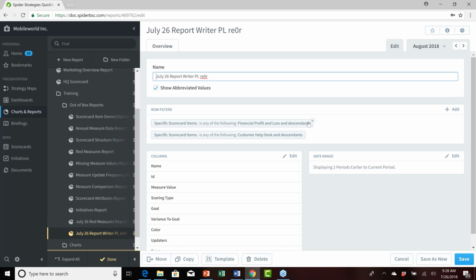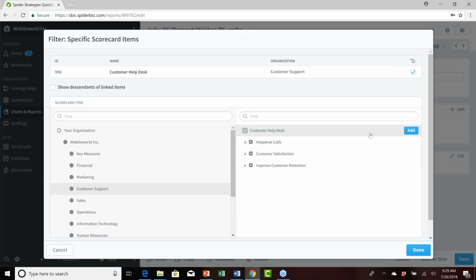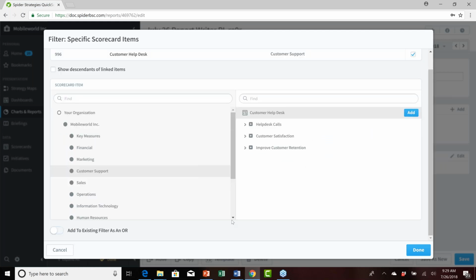And the nature of these 2 filters as they exist is that they have an and relationship. The default relationship between filters is and. So what this report is looking for is any row that was returned from my financial filters and from my customer support filters, of which there are no rows that fulfill both of that. So what I need to do is adjust this to get into more of an or logic behind my second filter. So if I click on my second filter, the customer support or customer help desk filter, notice that at